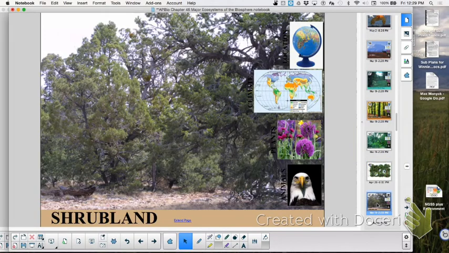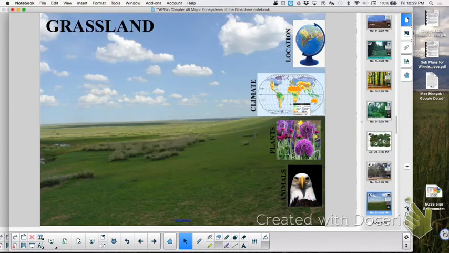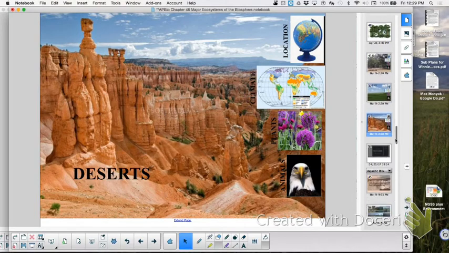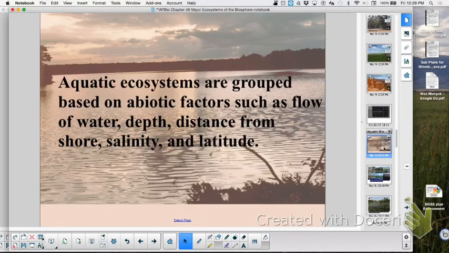Then we looked here at Oak Park. We have some rain, enough that we have some trees and we have the shrubs, but we lose a lot of the moisture even though we're close to the ocean because of the mountains. Grasslands, not enough rainfall to support trees unless you're in a riverbed, right? And deserts, not enough moisture and very, very dry.